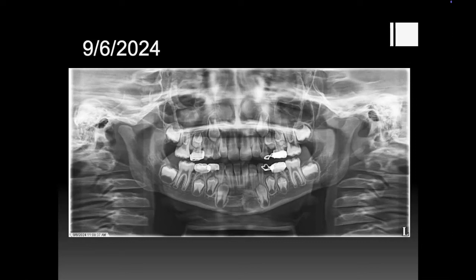Now, you can make the argument both ways. So one, are there risks with braces at this age? Yeah. What is the primary risk with braces at this age? Yeah, that would probably be the most catastrophic, right? So if we place the bracket in the wrong spot, if the roots get distalized, or even if Mother Nature just causes that canine to go over and we happen to have braces on there,